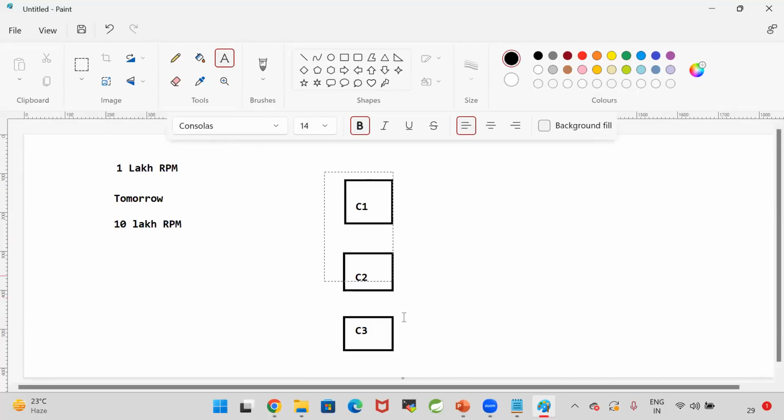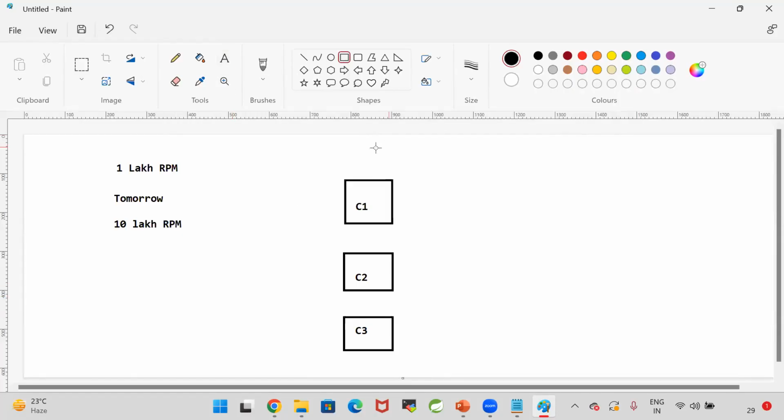I need to make this count 10 containers or 20 containers, and that is a manual process. Scaling is nothing but increasing our application capacity based on the load we are getting. Based on how many requests are coming, I need to increase my containers and decrease my containers. That is called scaling. So 3 containers are not sufficient.